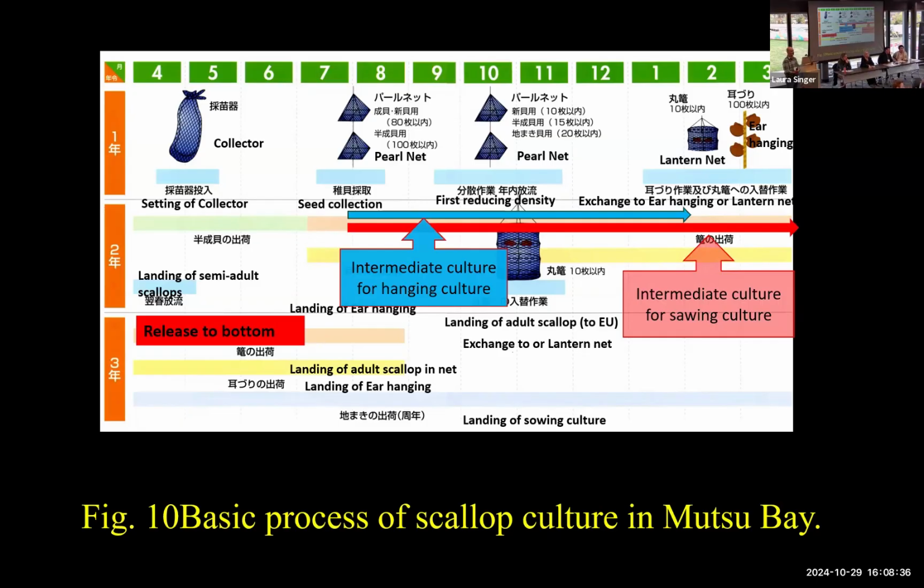Hello. I was hoping to get a little bit of clarification. I'm coming from more of an aquaculture perspective, so I was curious as to why it seems like a lot more work to seed them on the bottom. Do they just grow faster or better on the bottom? Why not just keep them in the lantern nets and go full aquaculture? Well, not full aquaculture, but